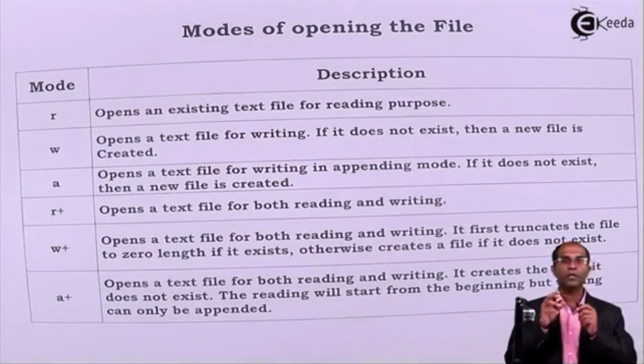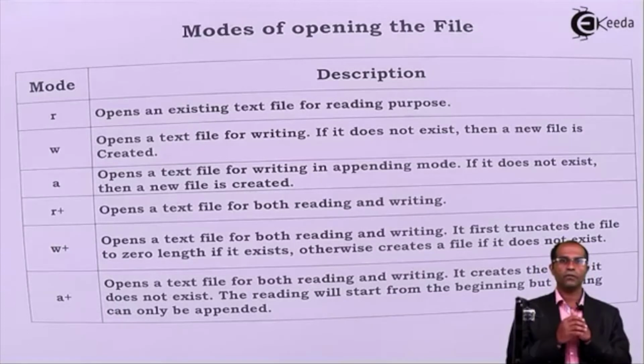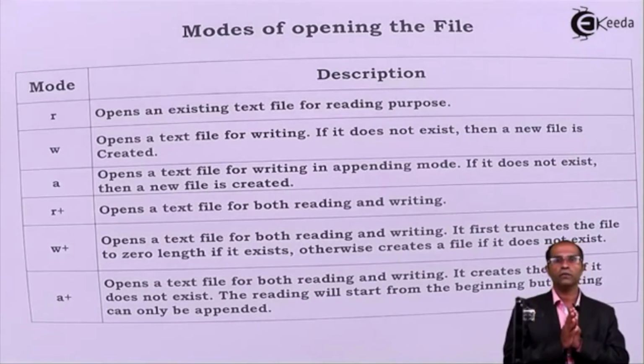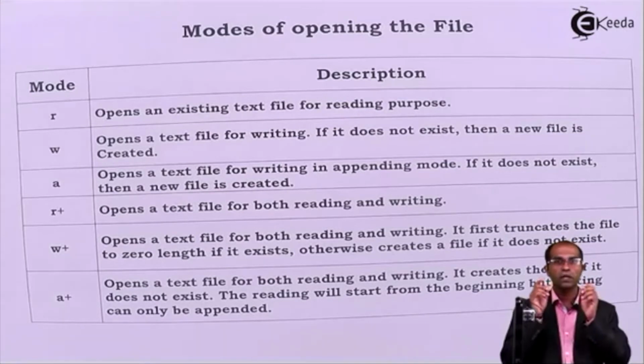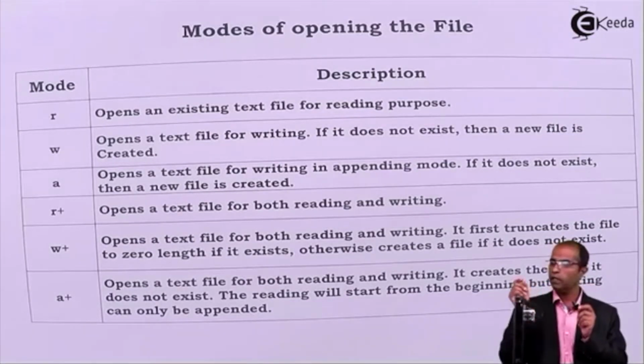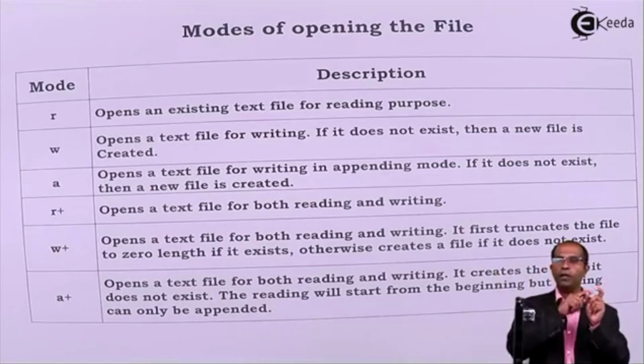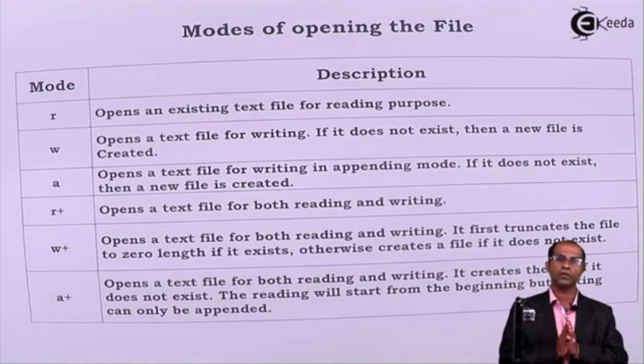Now, if this particular mode doesn't work, there is a simple scenario where the file doesn't exist on the system. In that case, this will always give you a null value. The function which is responsible for doing this operation will return a null value. And if it exists, it allows you to do the read operation and associates the file pointer with the first address of that particular location. So the pointer is linked with the first address of the location.